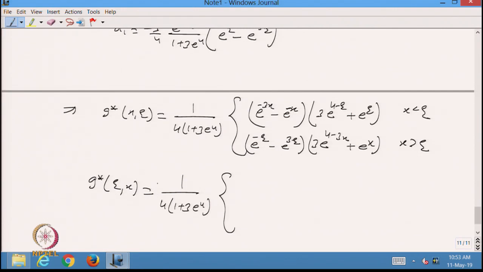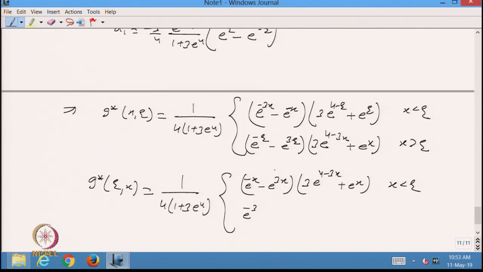So, in this case x is greater than xi, and if I put xi here, x here, so this will be this part. So, in this case I can write down e to the minus x minus e to the 3x, times 3 times e raised to power 4 minus 3x plus e to the x when x is less than xi, and this will become e to the minus,